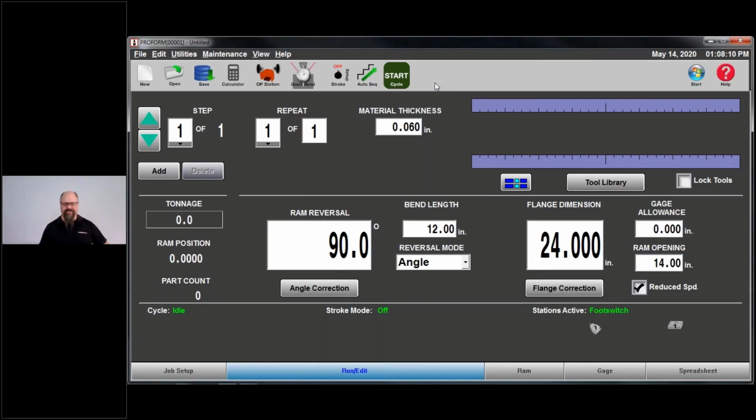So this is the latest stable release that we have. If your software is slightly older, it may not look the same. Your colors will probably be different. You may not have as many options that we have, but the layout will be nearly identical regardless of which version you are using.